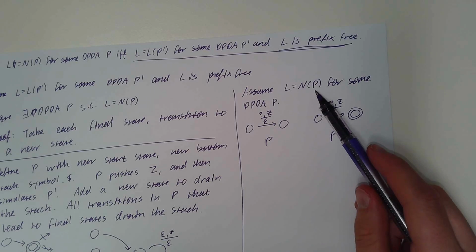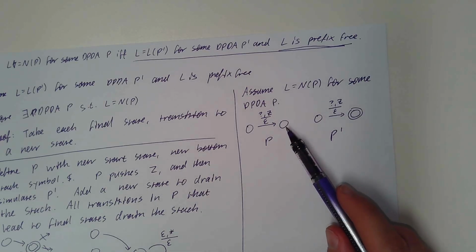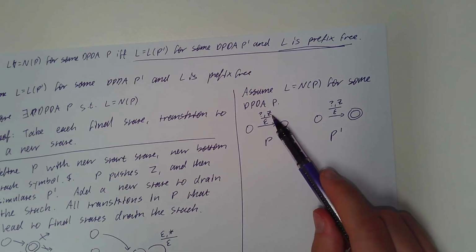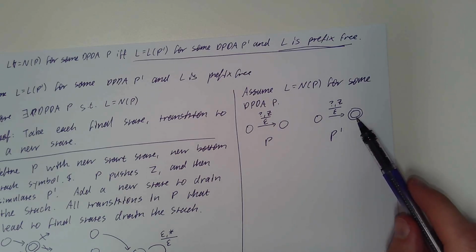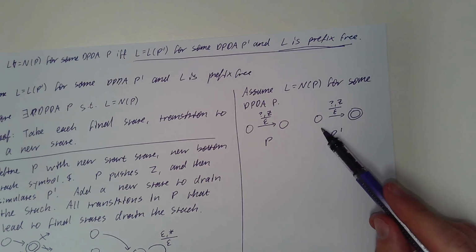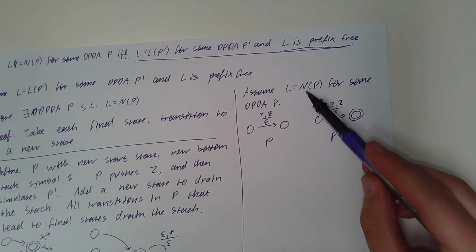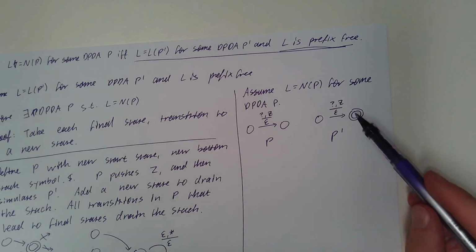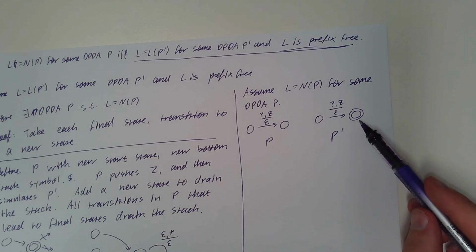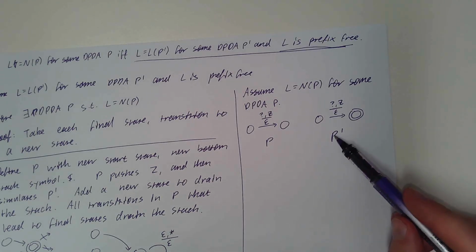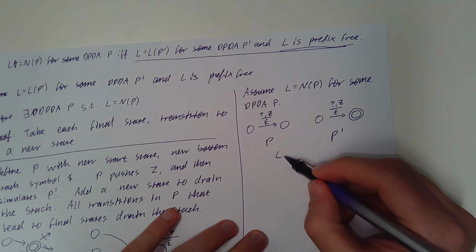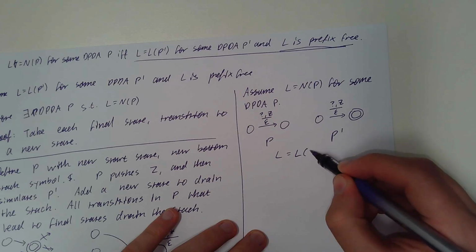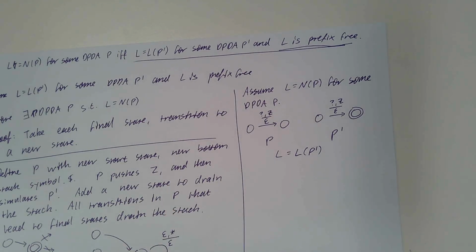This time around the modification is easy. Essentially what we do is we look at any transition that consumes the bottom of stack symbol and make the destination state under that transition a final state. Then it's pretty clear that if a string is accepted via empty stack, then it's also going to be accepted by final state, right? So that means P prime will satisfy the property that language L is equal to the language that P prime accepts under final state acceptance.